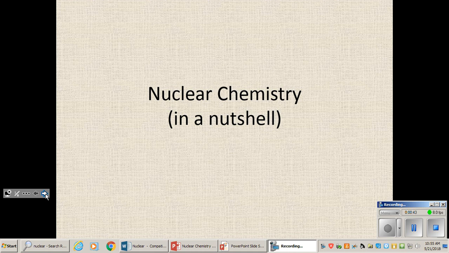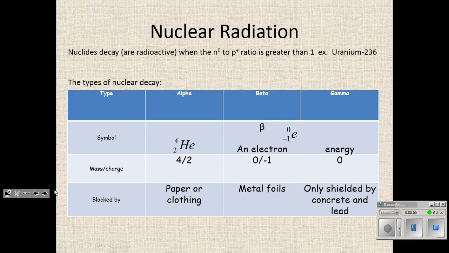So the first thing that you should know is that there are some elements that decay, that undergo nuclear radiation. And this happens if we have a nuclide. A nuclide is what we call the nucleus of a radioactive element. I guess, yeah, the nucleus of any element, but the nuclide is too heavy, and that's what causes it to